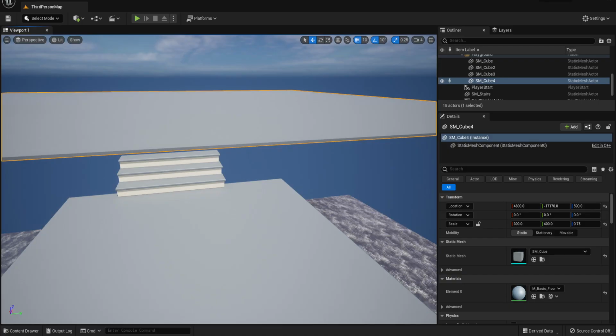Try to see if there's free buildings I can use. Actually, I guess I create myself, right?